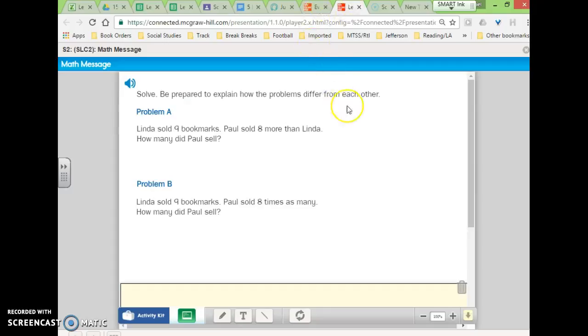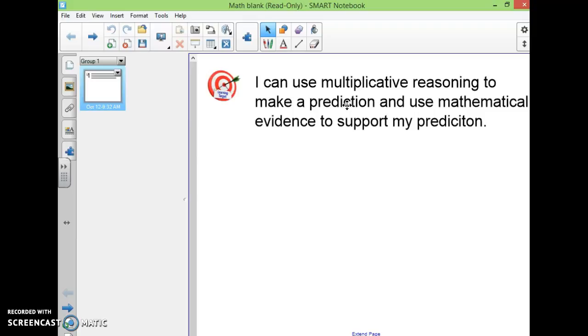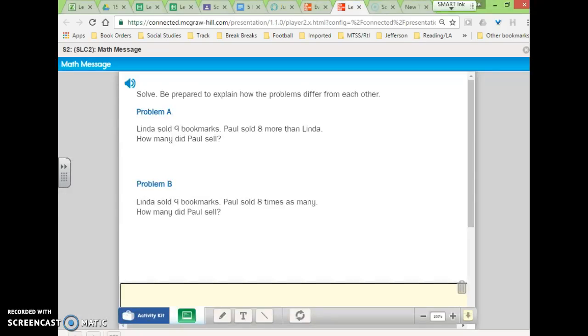Let me get to the right screen here. So here I have some problems for you. These are some comparison problems. Let me get back to the screen. So problem A